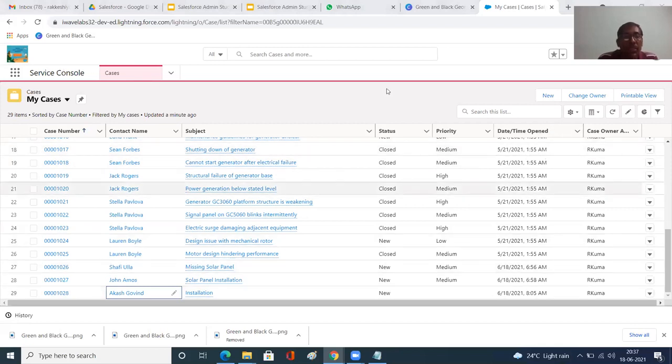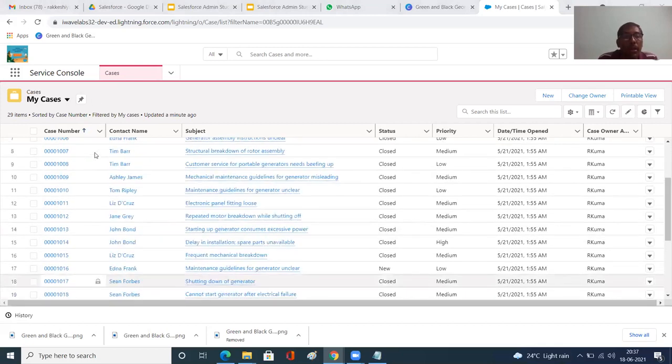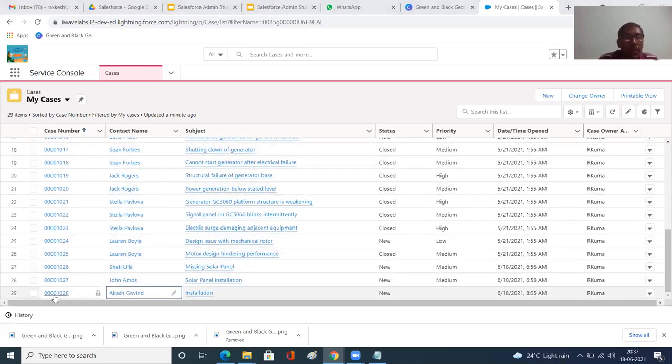Now I move to the cases here, right? Click on cases and scroll down, and let's see whether that case has been added here. The case has been added here. Now, whatever form I've entered, that case has been added here. That is, it has been added into my cases. This is all about Web2 cases. Got it, right?